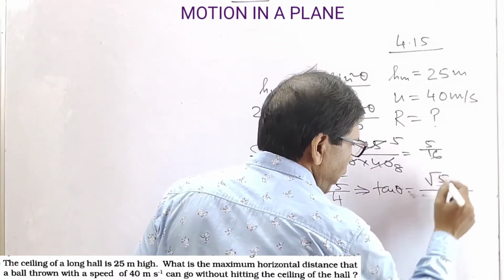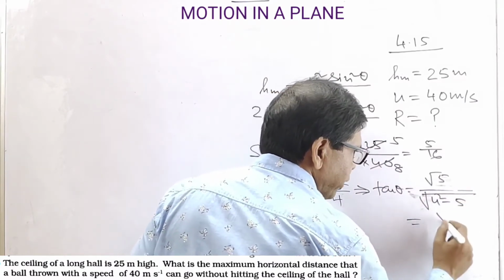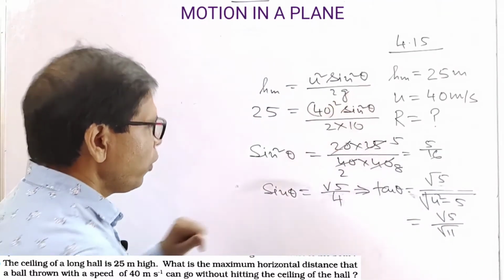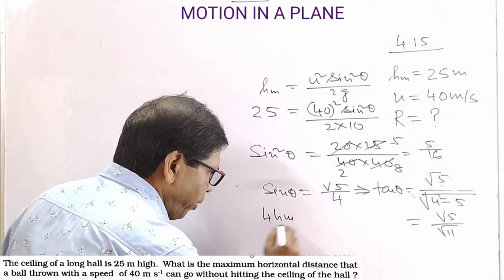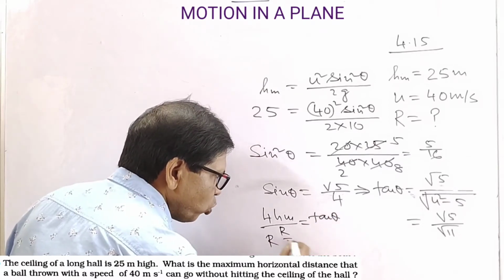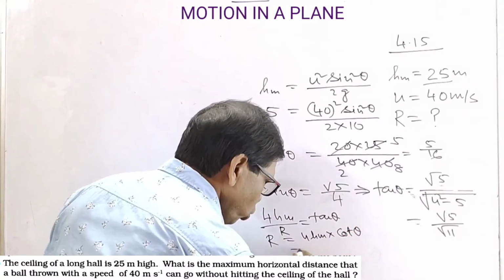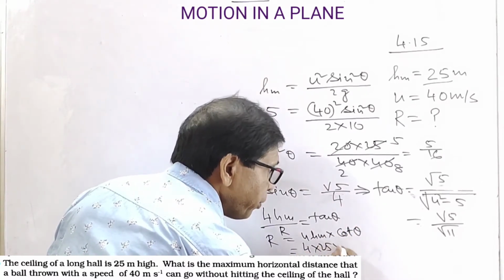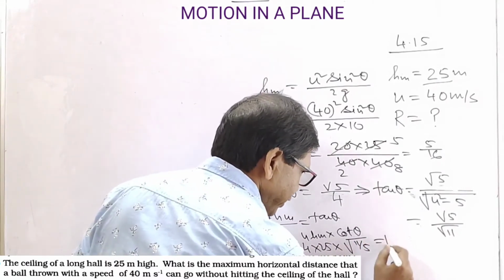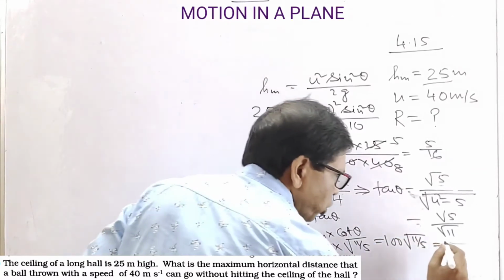Now tan theta equals root 5 divided by under root of 6 4 square minus 5. So look at this, this is 5 by root under 11. Okay, now we know 4 hm divided by r equals tan theta. So r equals 4 hm into cot theta. So look at this, this is 4 into 25 and cot theta equals root under 11 divided by 5. So this is 100 into root under 11 by 5. So this becomes almost